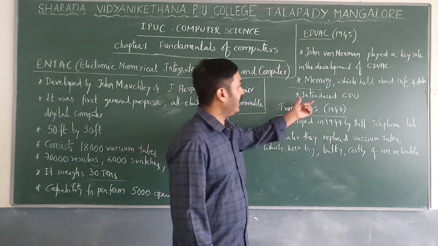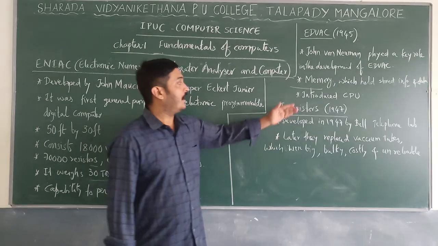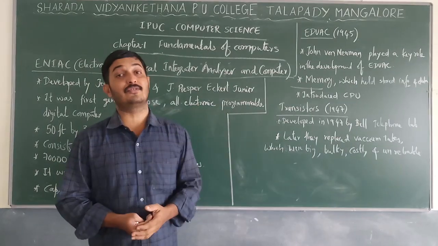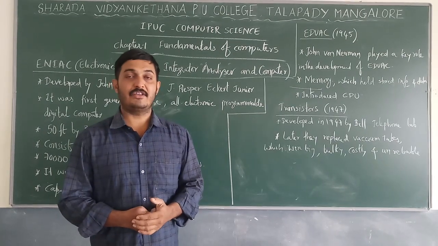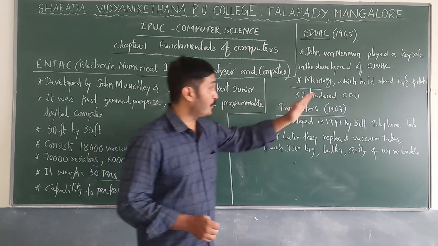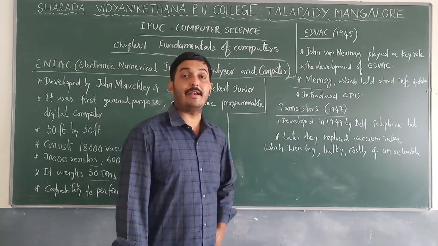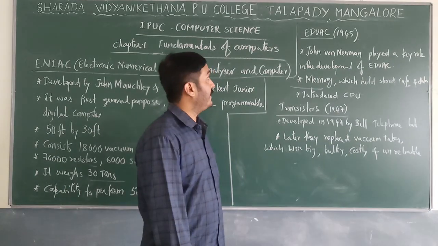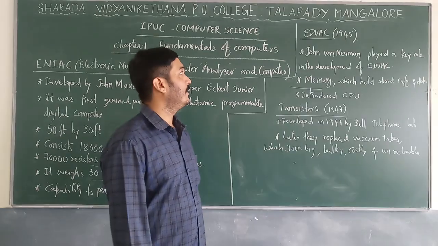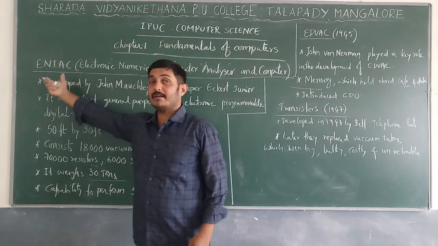And here they introduced the CPU. Nowadays in modern computers also we can see the CPU. CPU means Central Processing Unit, and it is also called a microprocessor. Okay, these are about EDVAC, Electronic Discrete Variable Automatic Computer. Automatic computer is very important, and you can expect this one, EDVAC or ENIAC.